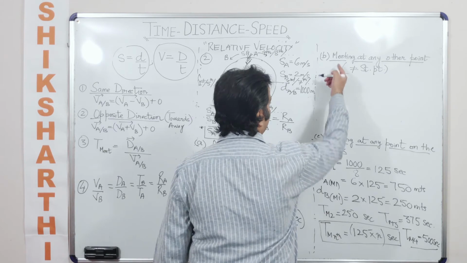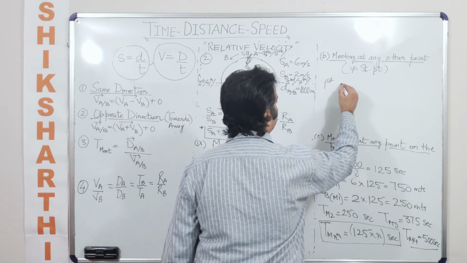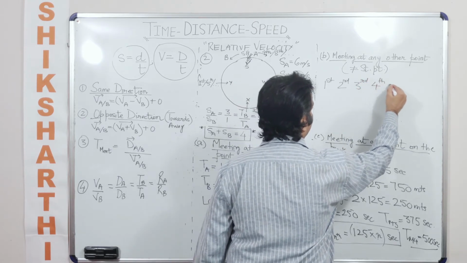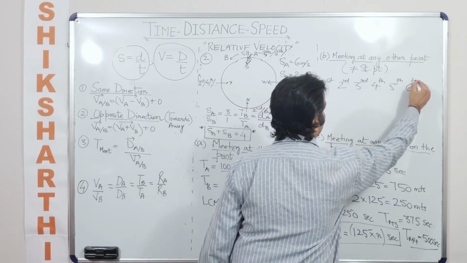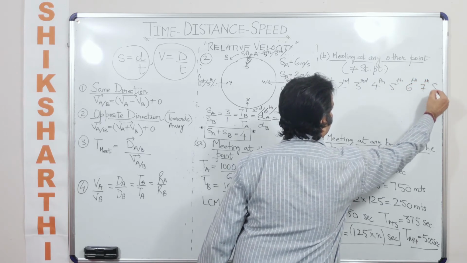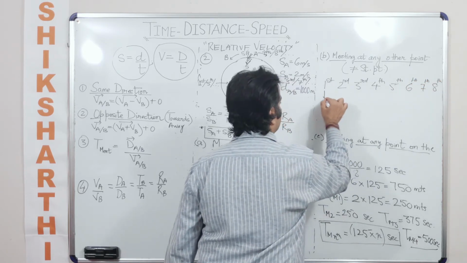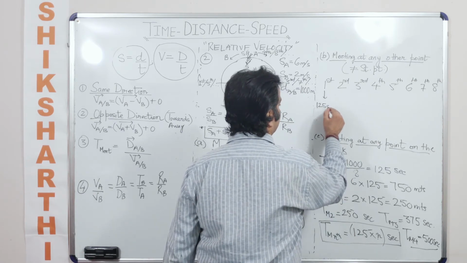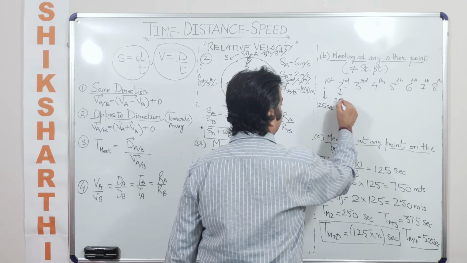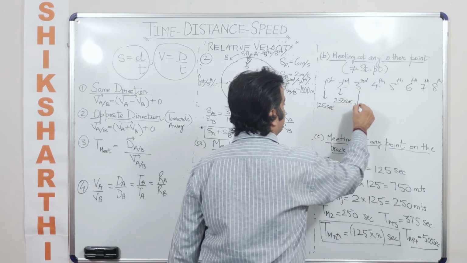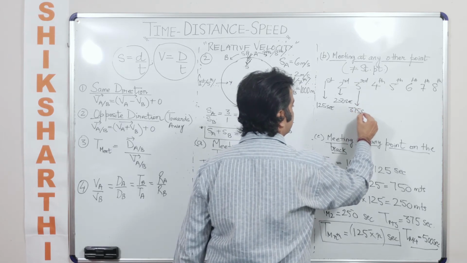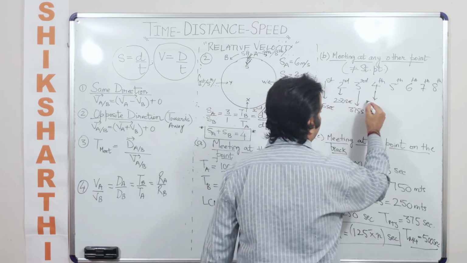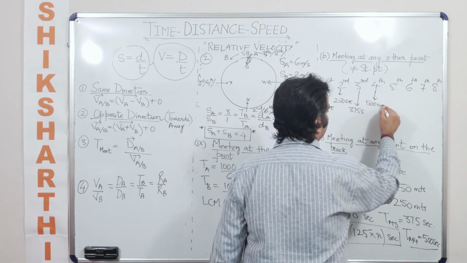Okay, taking this discussion forward finally, we already know now how they would be meeting each other. So can I put it like this? Let's say first time of meeting, second time, third time, fourth time, fifth, sixth, seventh and eighth. So this will be after the first time, 125 seconds. Second time after 250 seconds. Third time after 375 seconds. Fourth time after 500 seconds, which is nothing but the starting point.